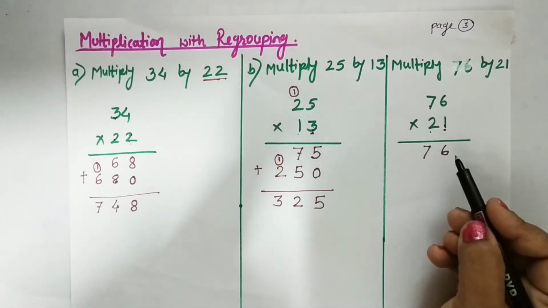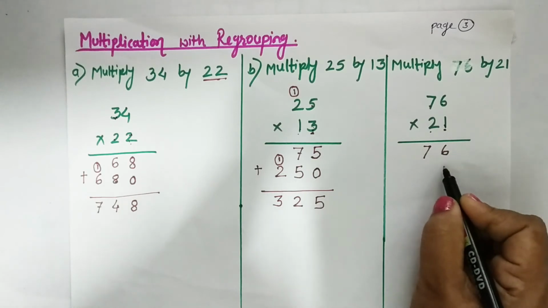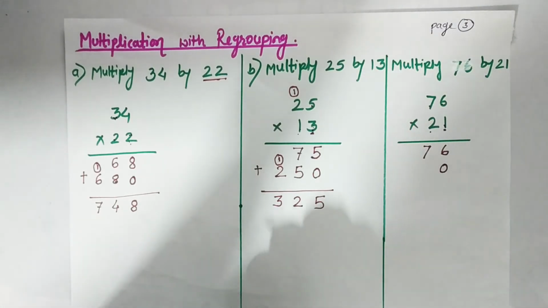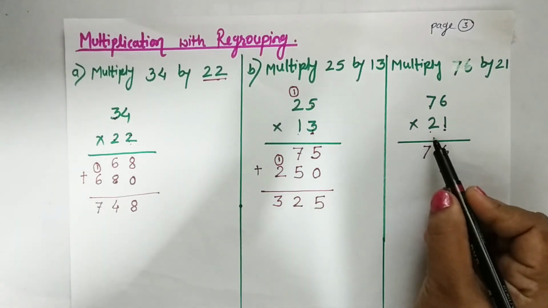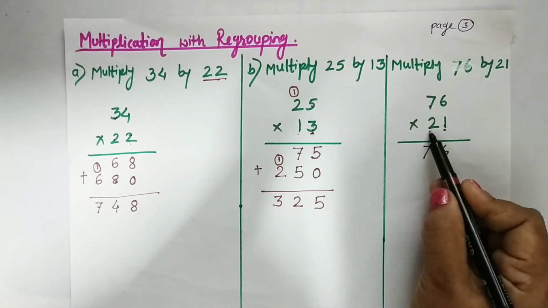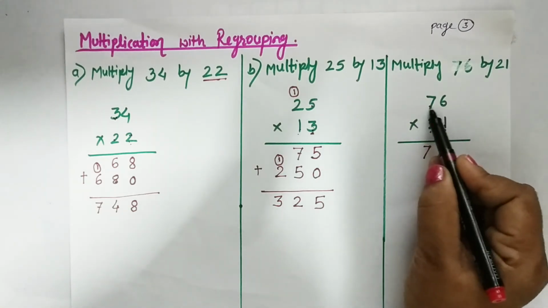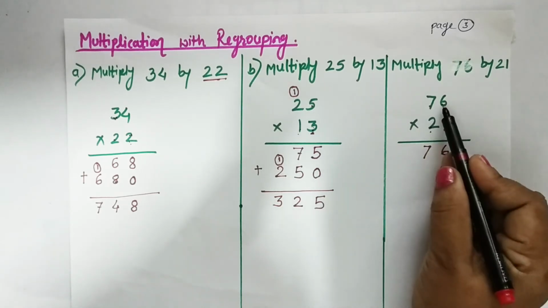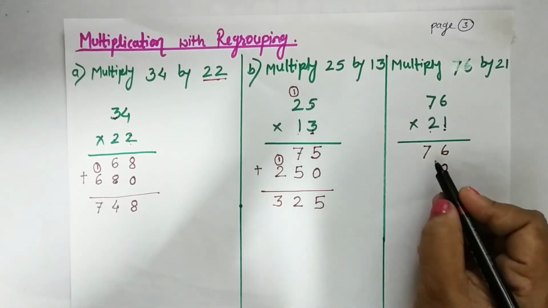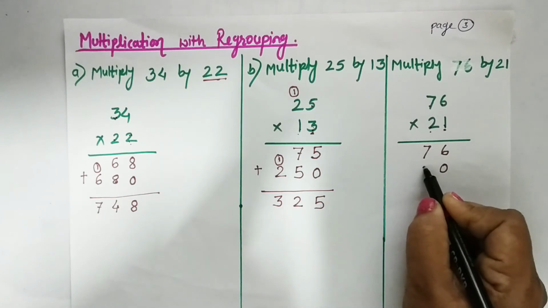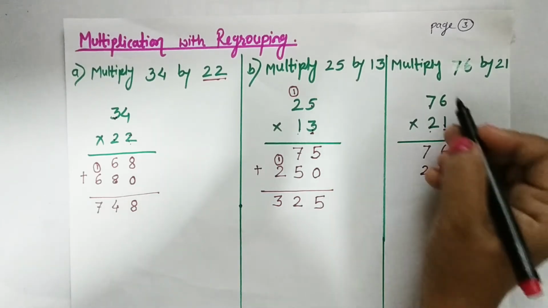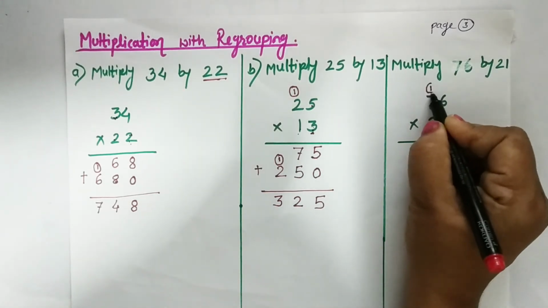Okay. Now what do we have to do? We have to put 0 before starting multiplication with the tens place number. Okay. Now start with the tens place number. This is your tens place number 2. Okay. Now we have to multiply with these two numbers. Okay. So 2 into 6, 12. So I will write 2 over here and I will put 1 on top of